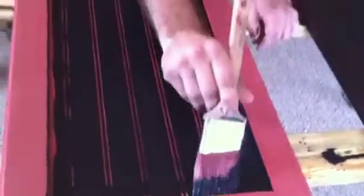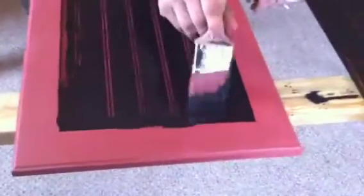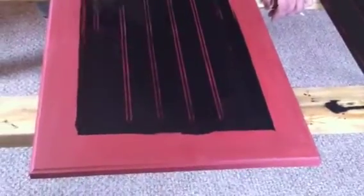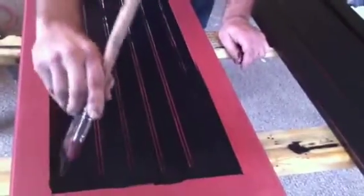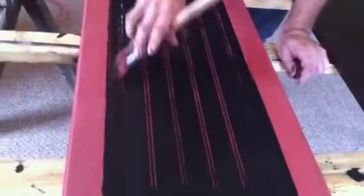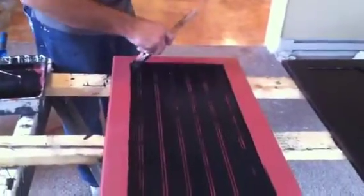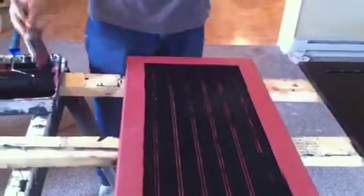And really, the whole point of cabinets is to have a very clean, smooth texture. If you're fast enough, which I think I should be pretty fast on this particular door, then you can catch that line before it starts to harden and be able to smooth it out pretty easy. So what I'm doing is I'm catching all my edges first, and I'm making sure I've got plenty of paint